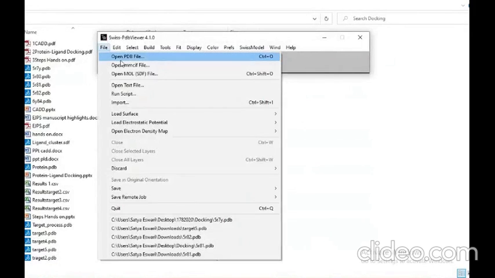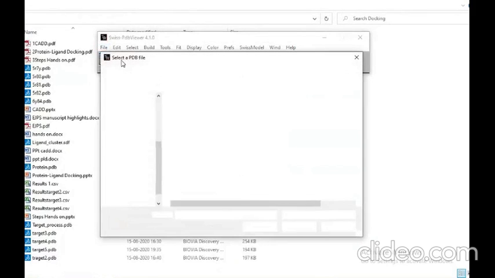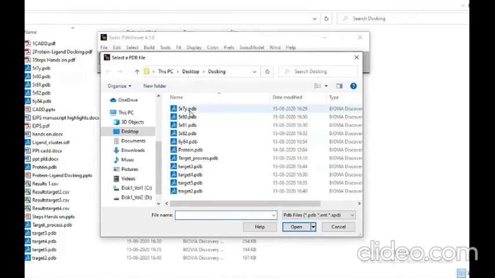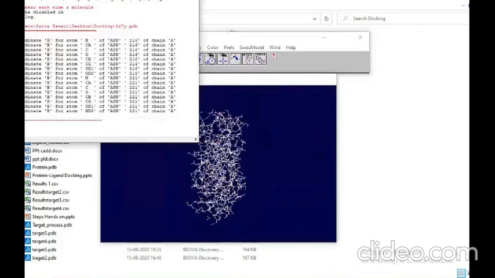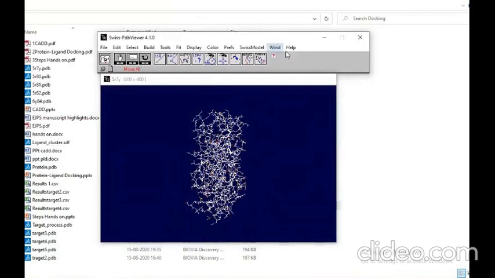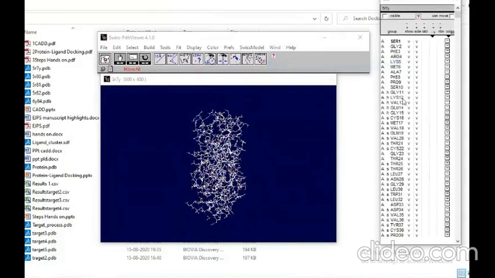Go to File, Open PDB file. Take any protein, maybe 5R75. Let us take 5R75 only. When we take that protein, there will be two windows, the 3D structure and this one. Again, open the Wind control panel. If you go down, you can select all the heteroatoms.